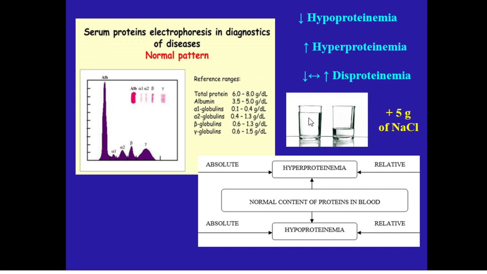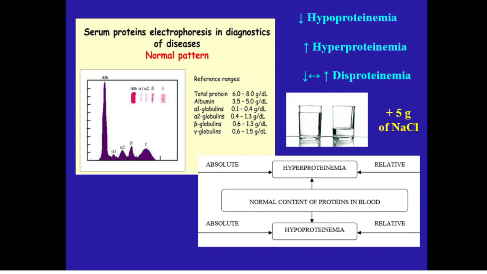Relative hypoproteinemia can also occur when more water is put into the blood, such as in water intoxication, or in some inflammatory processes and edemas, which lead to fluid coming into the blood stream. I want to fix your attention very quickly on one type of absolute hyperproteinemia that is very